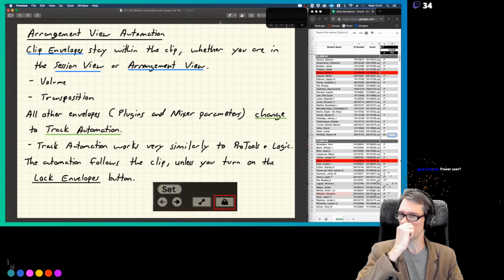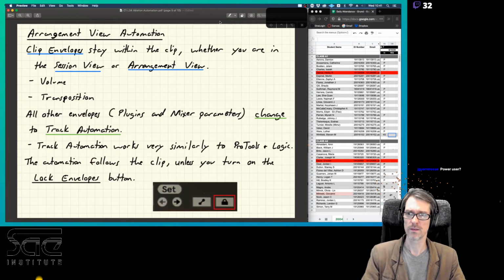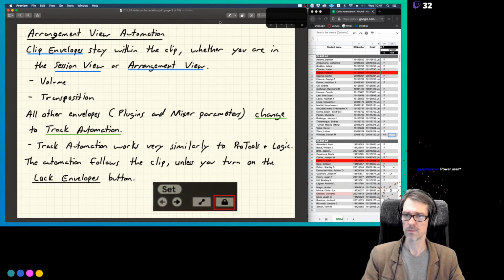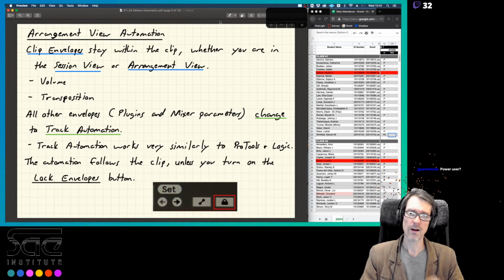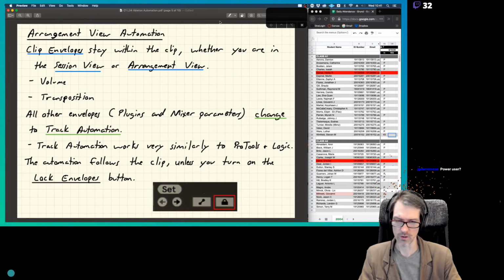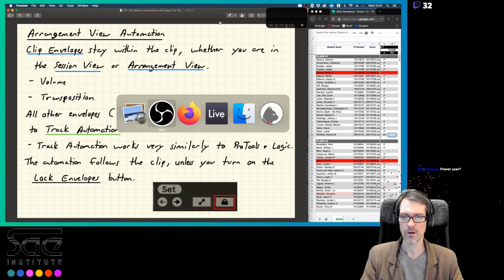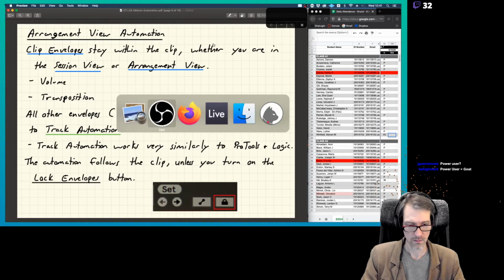All right, arrangement view automation. Clip envelopes stay within the clip whether you are in the session view or the arrangement view. Volume and transposition. Other envelopes, if you have automation envelopes, for example, in here,